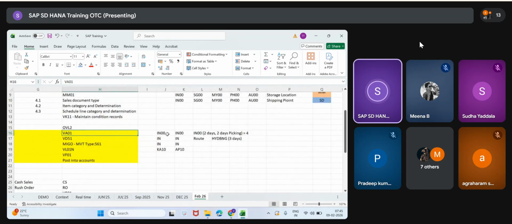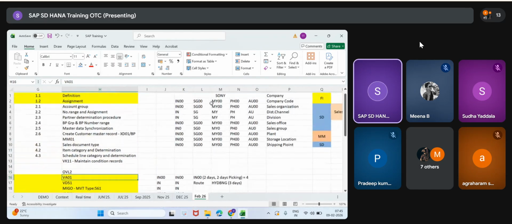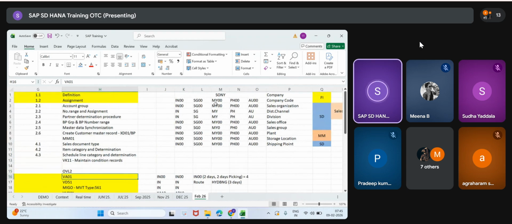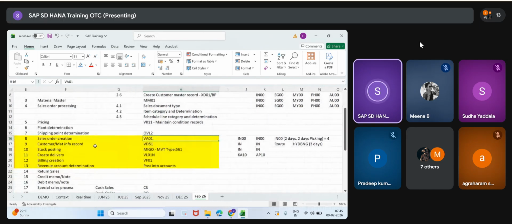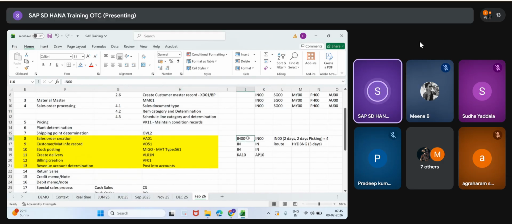This is for India, the same as Singapore, the same structure. Malaysia, Philippines, Australia, like that. The concept is the same. Under Malaysia sales office, if any order is coming, they are going to use Malaysia codes. India sales, Sony sales office, they'll use India codes.